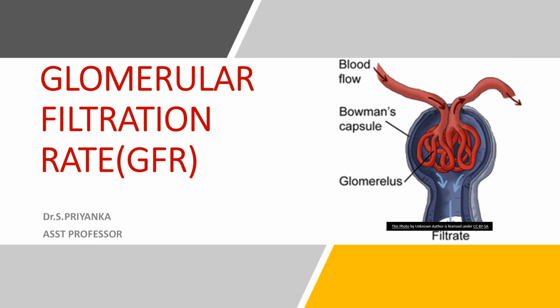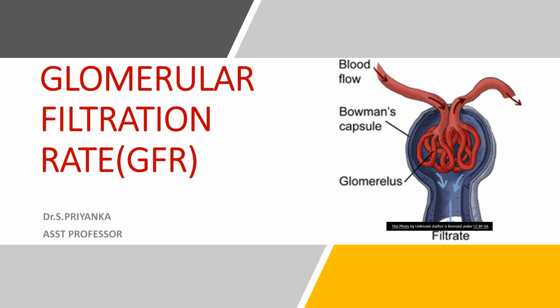So the constancy of the internal body environment, or the homeostasis, is maintained in large part by the continuous functioning of its 2.6 million nephrons. Okay, so in both the kidneys, in our human body, we have about 2.6 million nephrons. These nephrons continuously work to maintain the constancy of the internal environment, that is homeostasis.